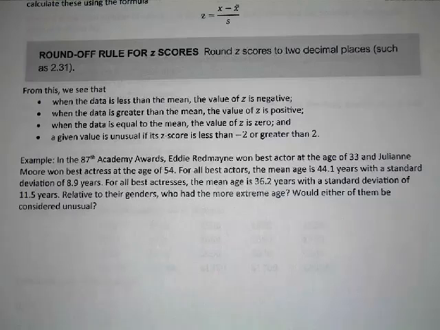Relative to their genders, who had the more extreme age? So we're going to figure this out using z-scores. Whose z-score was a larger number, whether it be negative or positive, whose number was further from the mean. So